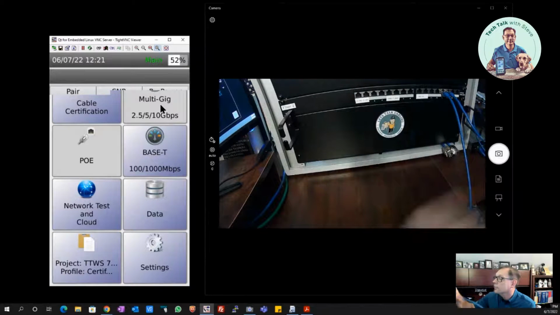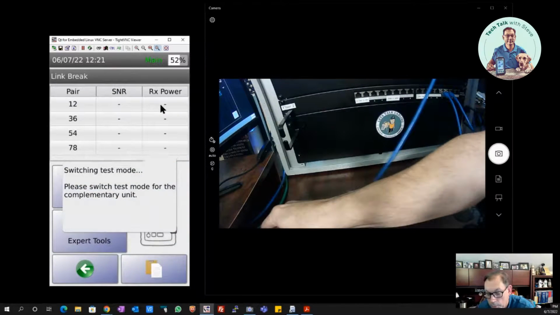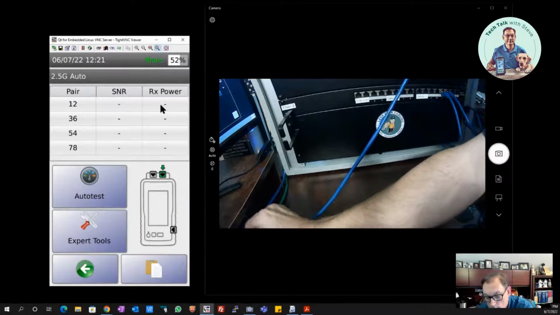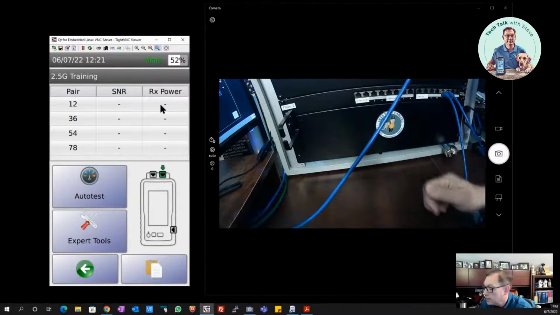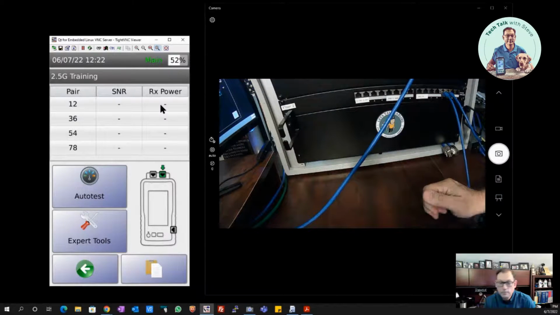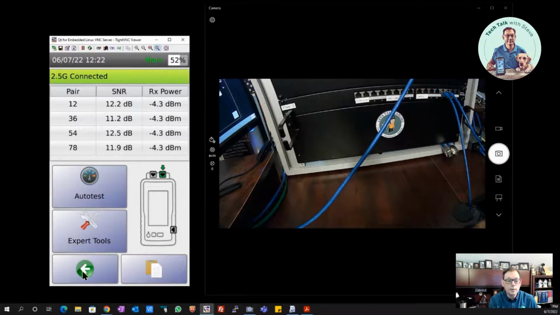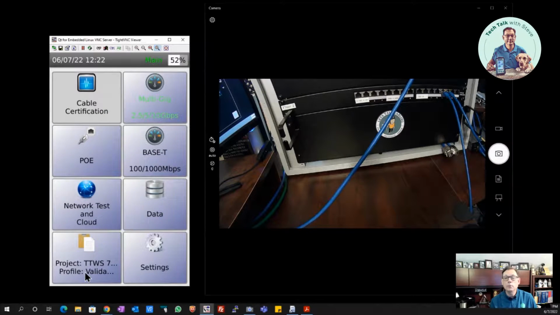And then I'm just going to run this cord down here and plug into a PoE injector that I have coming out of a switch. And then we'll get a connection. And I see I've connected here. So what I'm going to do first is look at my PoE. Let's assume I've got a problem. One of my devices isn't working right. I can't get the PoE up. Or maybe I just want to look after I've installed, once my PSE is in, just to make sure I can get that power to the endpoint. So I'm going to click on PoE,